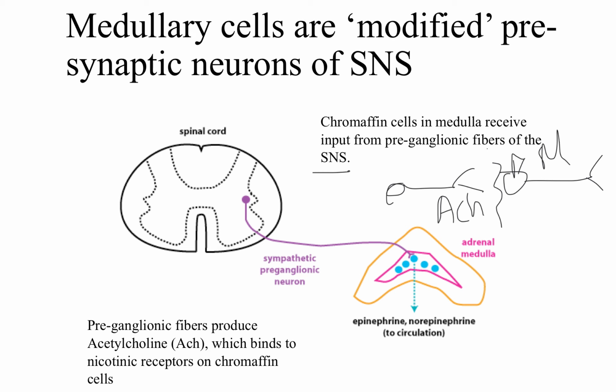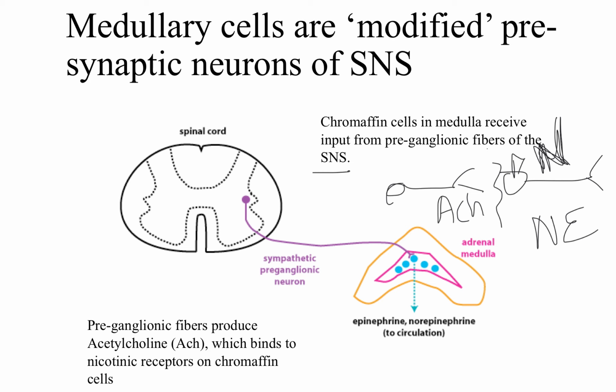So the acetylcholine would bind to the nicotinic type receptors on the postganglionic cell, which in the sympathetic system would release norepinephrine in response to that. So that is what the typical SNS chain looks like. There's one place in the body